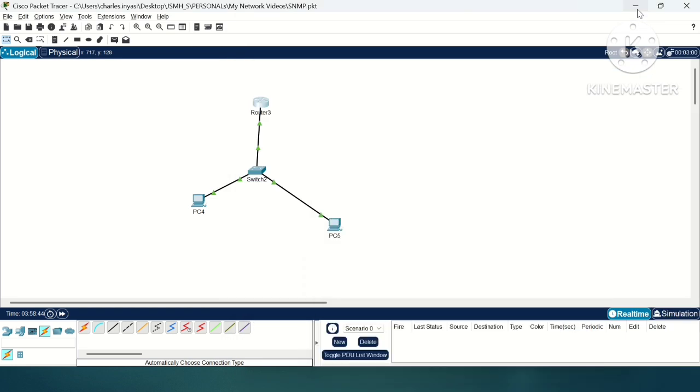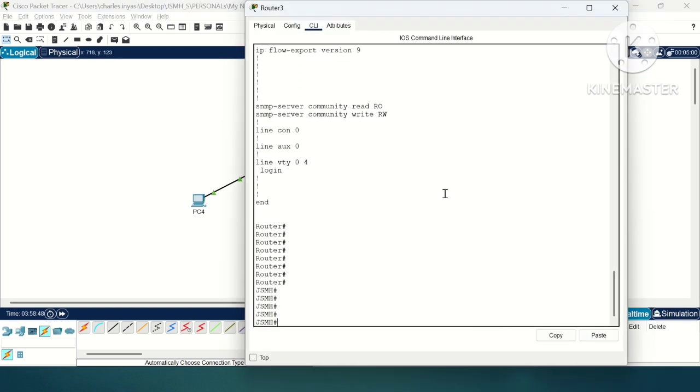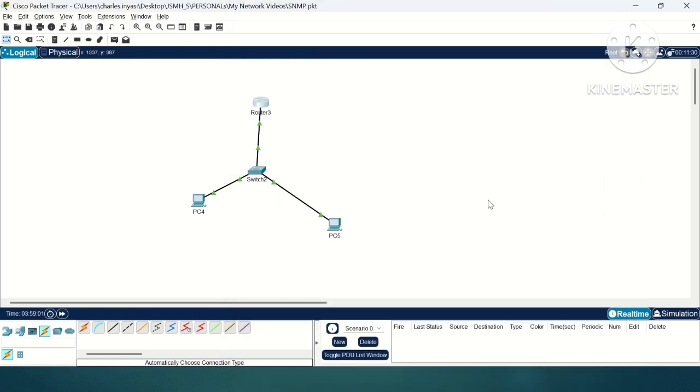Let's validate it. Let's go to the router, enter. See, it has been changed now. Previously it was router, and we changed it to JSMH through an SNMP query, an SNMP request and response to be specific. So this is how we can configure SNMP on a basic network, and you can do basic